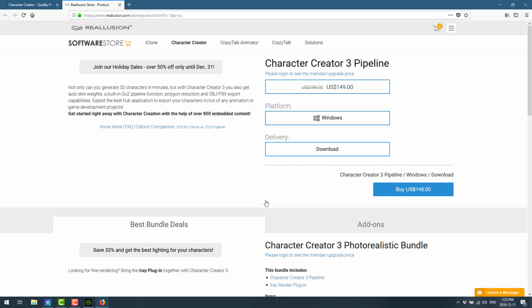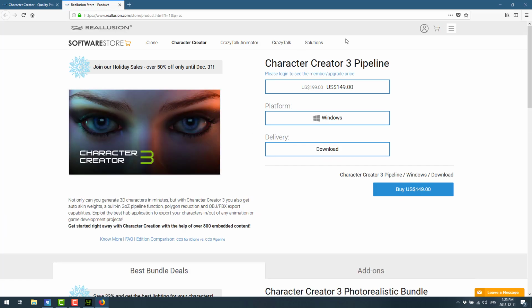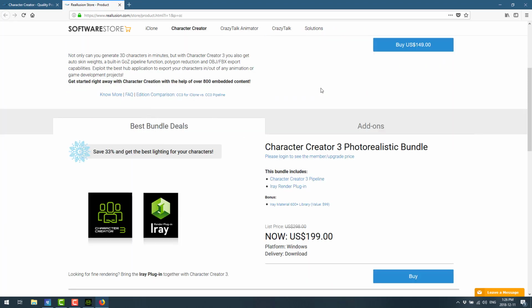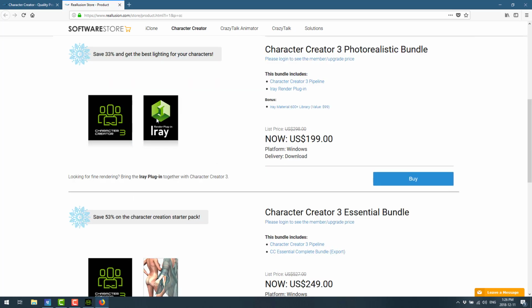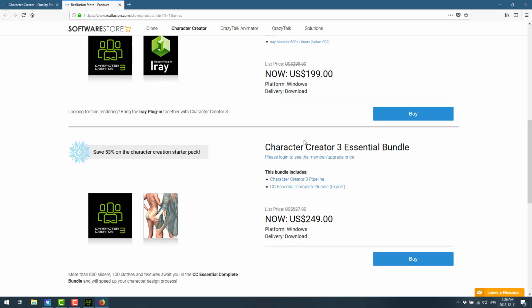But you can see, we'll go in here, we'll look at the details of the pricing in general and as it is on sale. So you see, here's the Character Creator 3 pipeline. That is kind of the guts of the program minus the rendering bit. So if you don't need to render, you don't need to use that iRay stuff, you probably can get by with this one. And as you can see, the pricing is $149 US on sale, or $200 US as the full price. Now, on top of that, you can bundle it in with the renderer for $200,